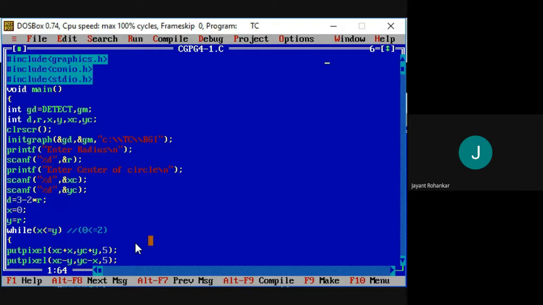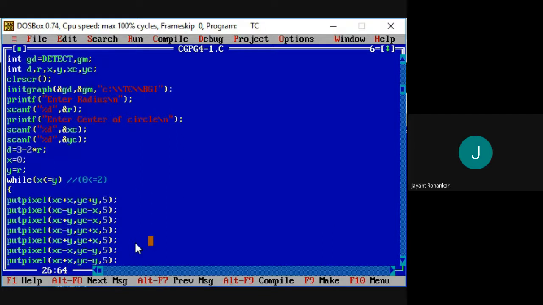Then we will draw the next pixel using calculations like putpixel xc plus x comma yc plus y, with color 5.